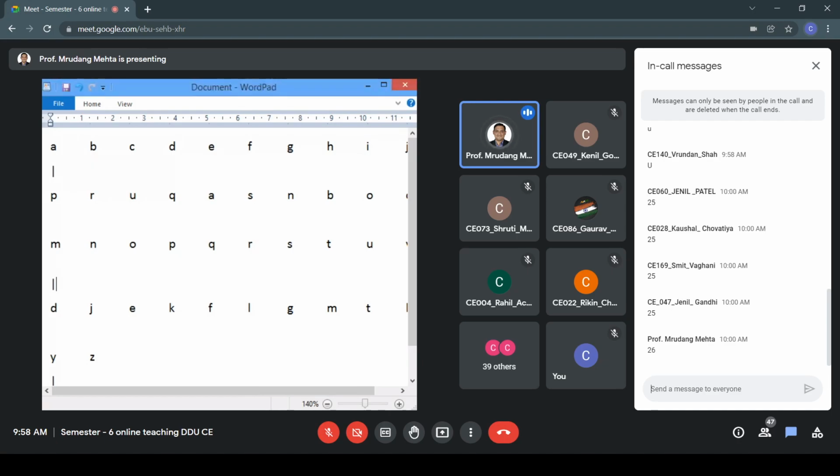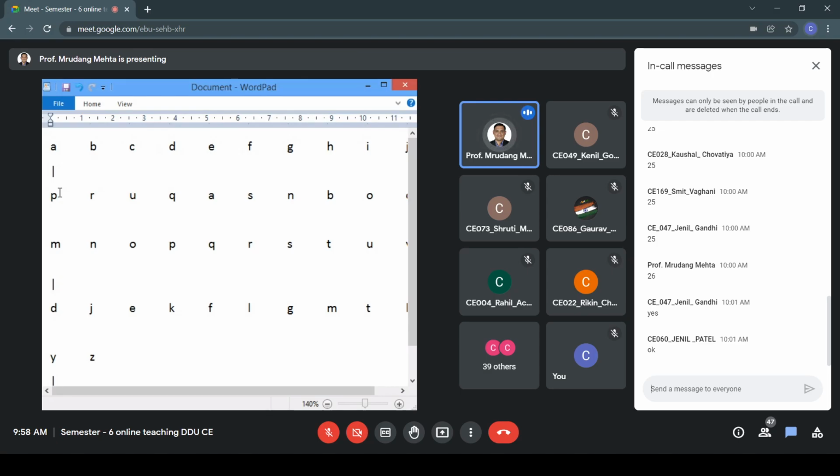There is no restriction that A cannot be mapped to A. But what we need to ensure is that once A is mapped to P, P cannot be assigned to any other character. Are you getting? So for A, there are 26 possibilities.